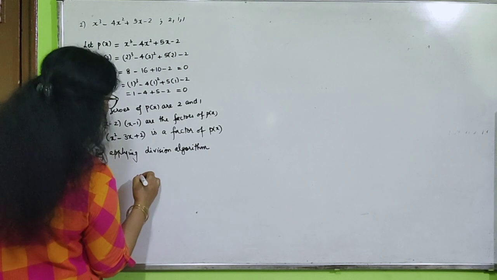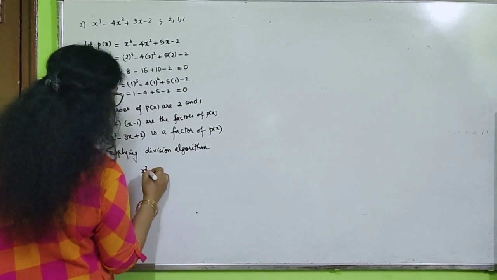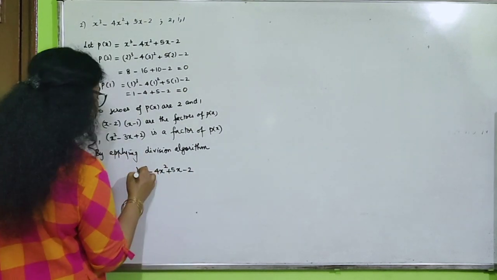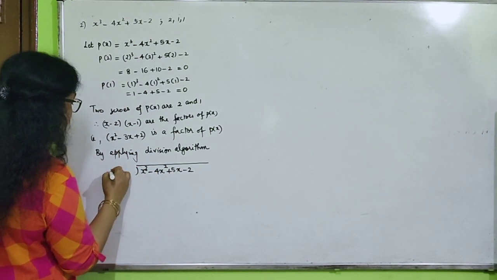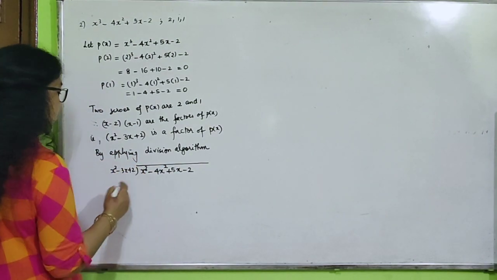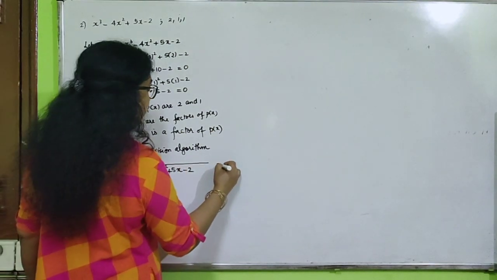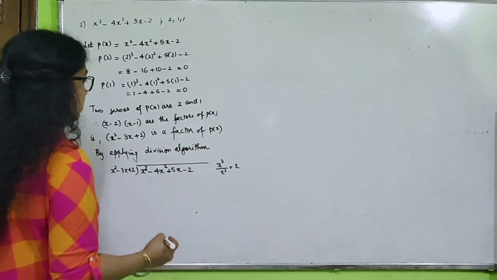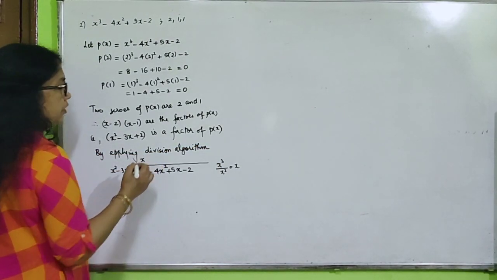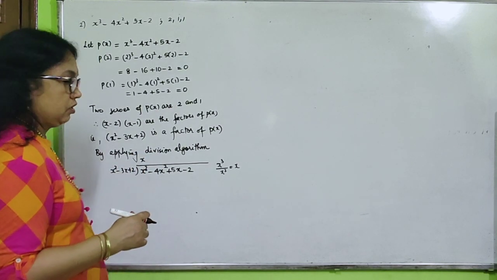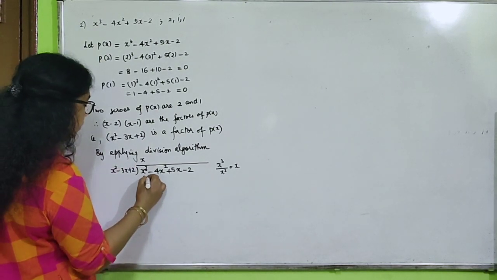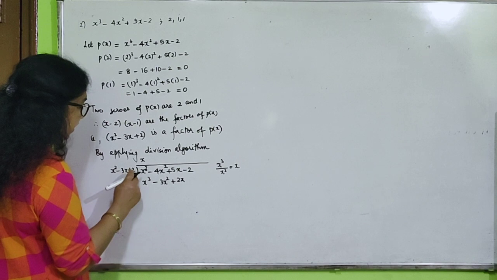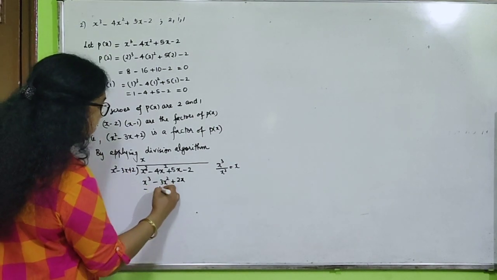So x cube minus 4x square plus 5x minus 2 dividing by x square minus 3x plus 2. X cube divided by x square, first step. Directly also you can write. Now to follow, I am showing it on this side. If you know the values you can write directly also. So x into x square, x cube minus 3x square plus 2x. With x we multiplied each term. Now opposite sign: minus, plus, minus.